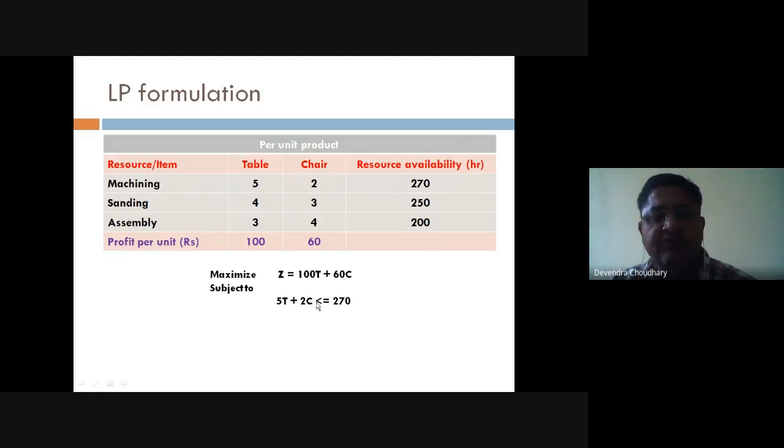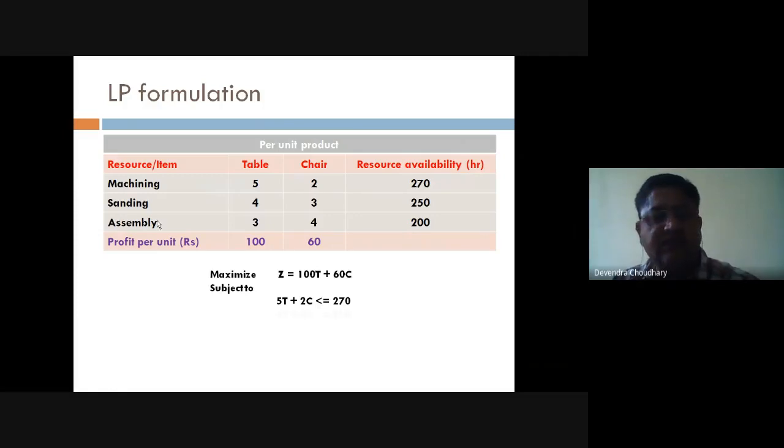And the sum of this total time taken by the machining process should not be more than 270 hours, right? So this is a less than or equal to constraint. So this is the first constraint that denotes the machining resource constraint.